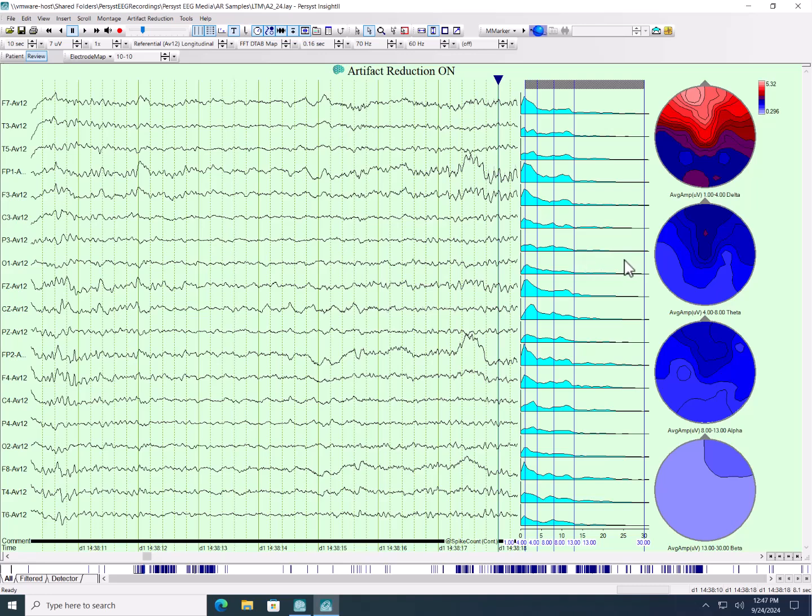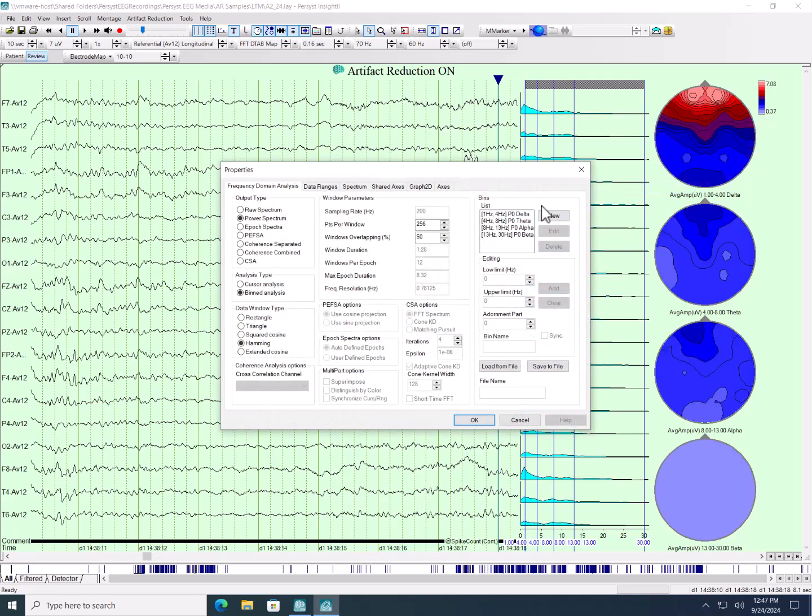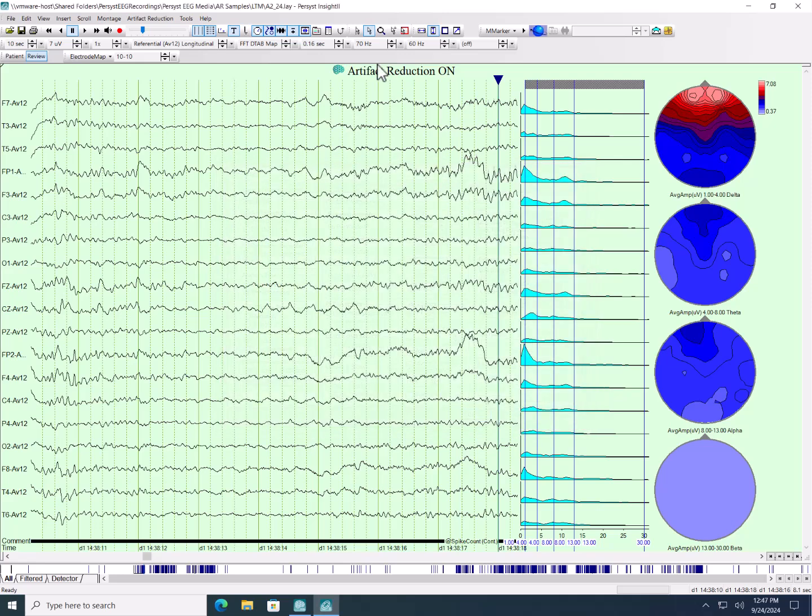So if I move this over to the right, you can see when I put my mouse between the FFT graph, which is the power by frequency band, each one of these vertical lines is one of the bins. So we're going 1 to 4, 4 to 8, 8 to 13, 13 on up to 30. You can modify these, of course. So if I right-click on this and go to Properties, those are my frequency bins right there. You can change that. This is getting into some of the advanced mapping. But again, I just pick this from the drop-down menu,